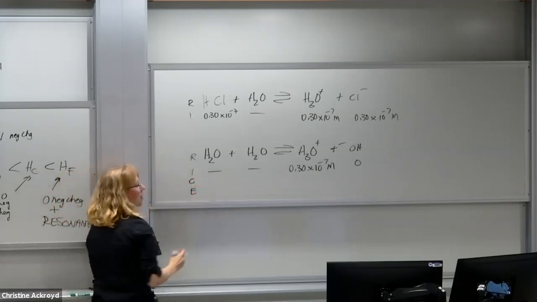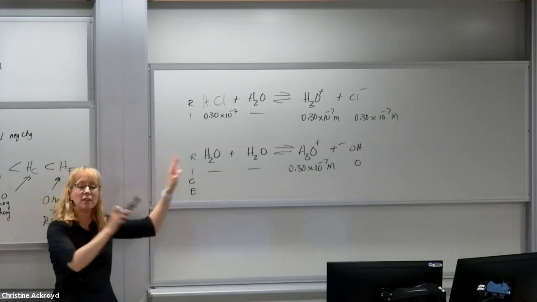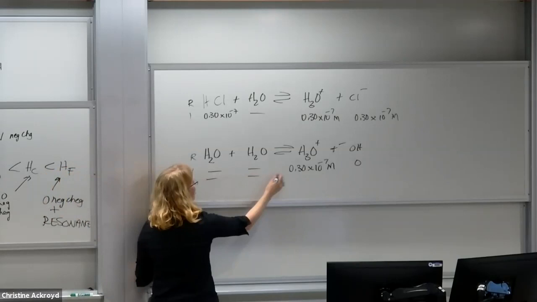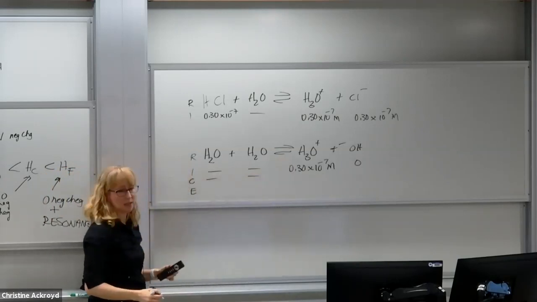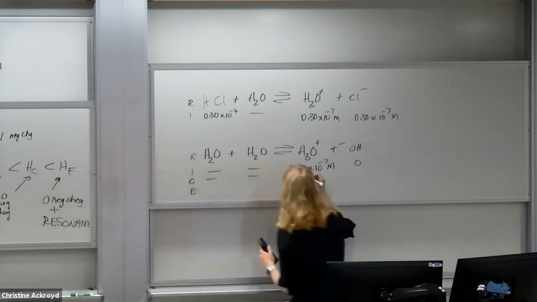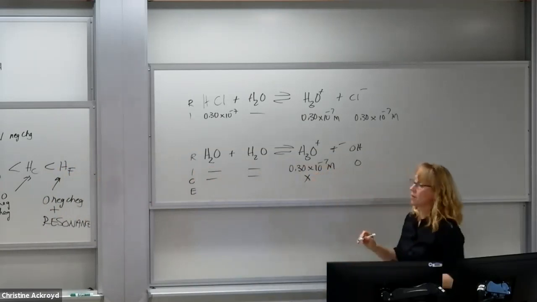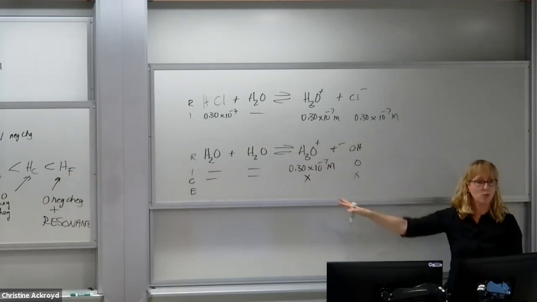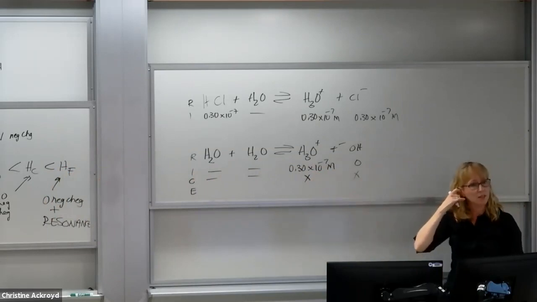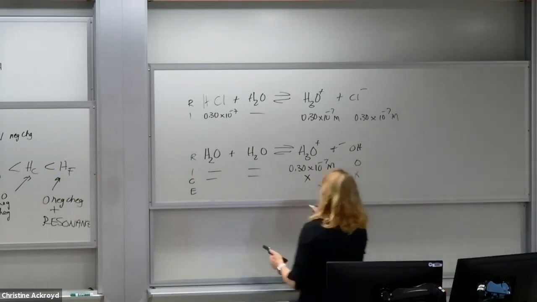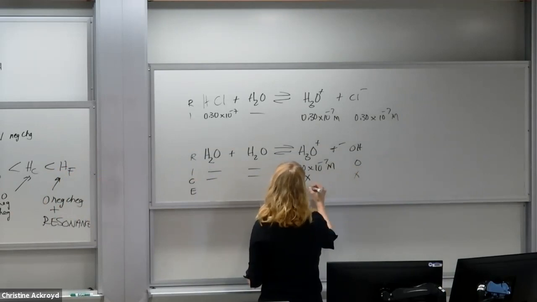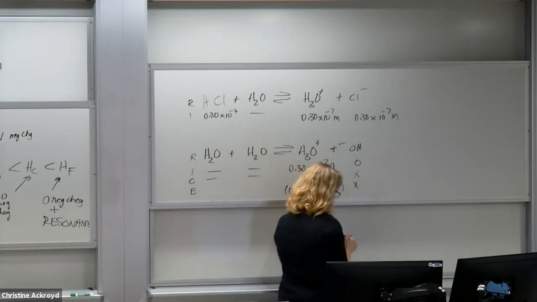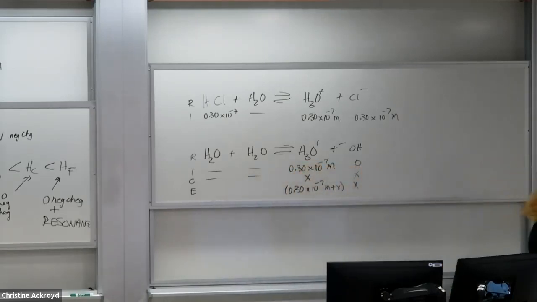Okay, so we're assuming we start with this water autoionization unreacted, and do a RICE table calculation and say, where does the equilibrium lie in the presence of the added acid? So what's my change line going to be? We're going to get some amount of hydronium from the water reacting with itself, and some amount of hydroxide. So what does my equilibrium line look like? Our equilibrium line looks like that. All right.